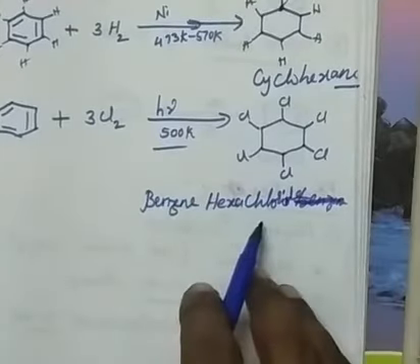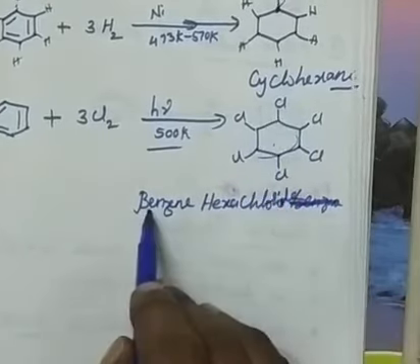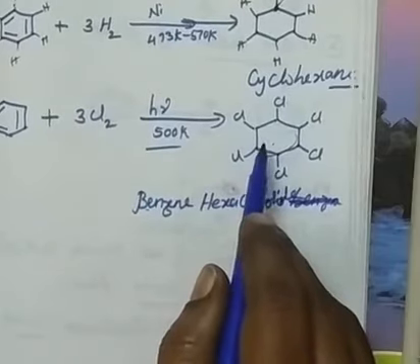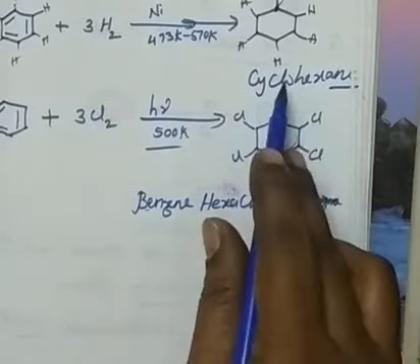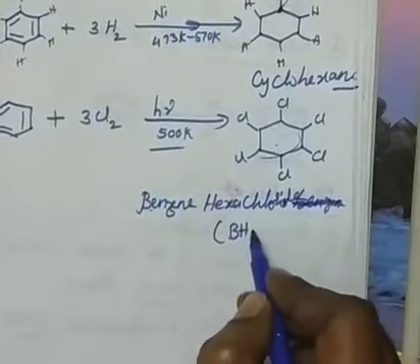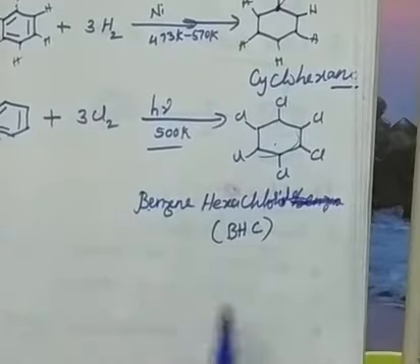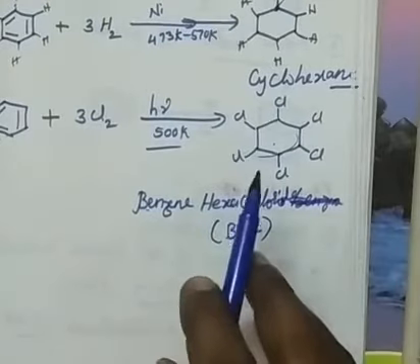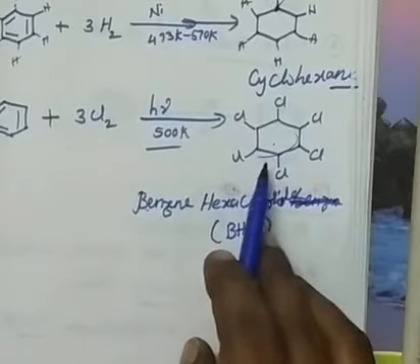Onto the benzene, if 6 chlorines are added, then I call it benzene hexachloride. Generally people used to make this. Though it is now not benzene, we still call it benzene hexachloride, the common name. But what is the IUPAC name? 1, 2, 3, 4, 5, 6-hexachlorocyclohexane is the IUPAC name, but it is commonly called BHC, benzene hexachloride, because it is formed by reaction of benzene with chlorine. It is a common name, but again it is very famous. You need to remember: it is not hexachlorobenzene, but benzene hexachloride.